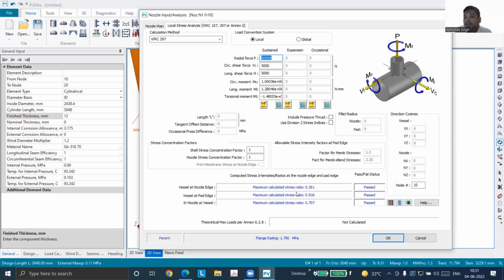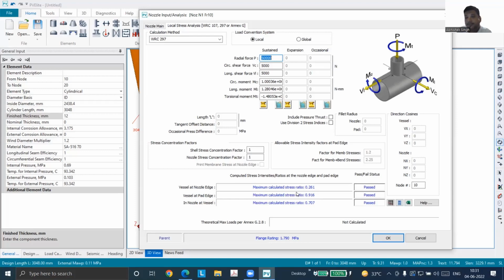If you want to avoid this, many times the client will say that it does not look good. When you provide stiffeners, it does not suit the appearance of the vessel. So what will you do to avoid stiffeners? You go for long weld neck nozzles. Long weld neck nozzles are LWNRF, you might have heard of them, right? Have you heard of that? No, Abhishek, not heard of it. So for 2-inch or 3-inch, we select